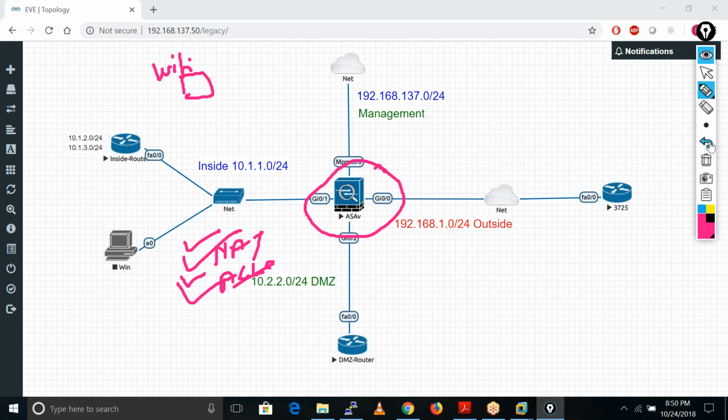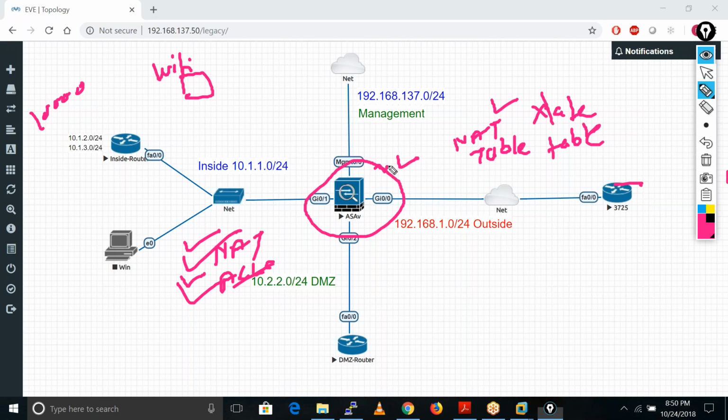So when the traffic is coming back, the router will have some sort of table. It knows the way to go back. Every device has a network address translation table, so in the case of ASA, it has the xlate table. Xlate table, or you can also say the NAT table, where it puts the entries for all the translations, because here you may have 10,000 users, right? So it has 10,000 entries there.